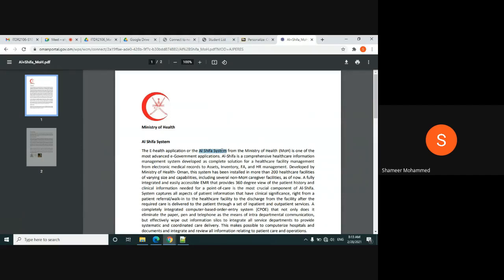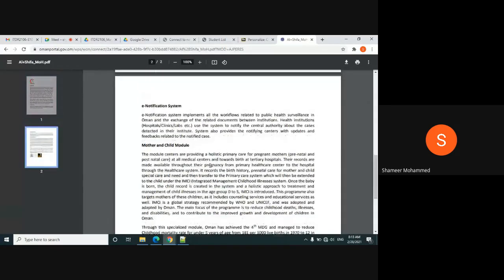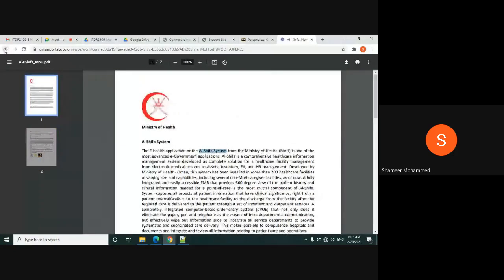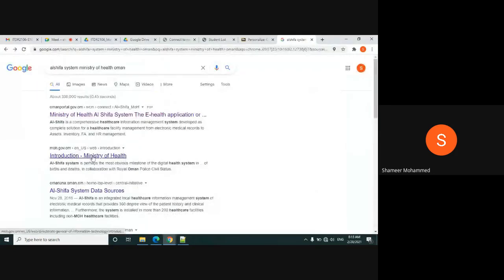Whenever you go there, your name, everything, your personal information, they store in this system, in the database. The name of the system is Al Shifa. This is the system that you have in all your government hospitals.